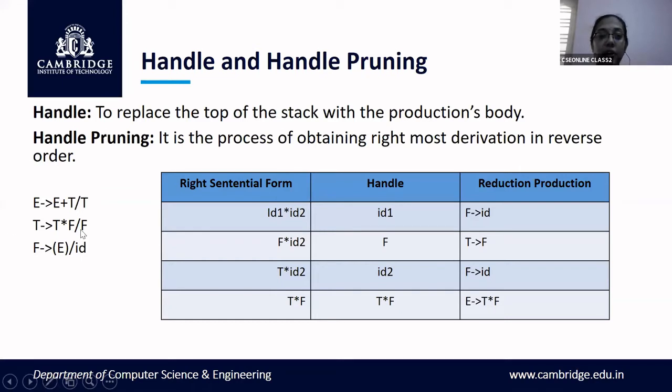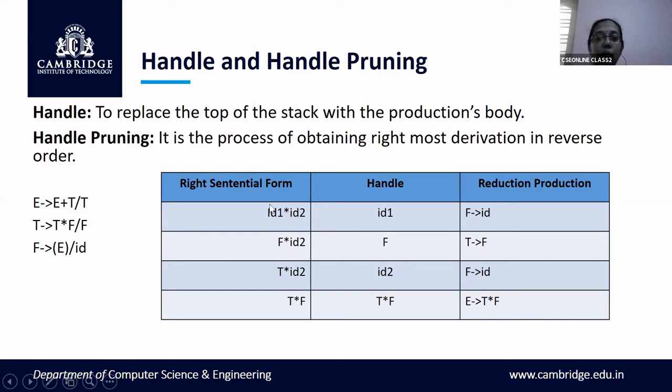Okay. So now if I take this grammar and an input string here, ID1 into ID2, okay. So which is the first terminal symbol that is present in this entire string? This is your W, ID1 into ID2 I want to parse, so which substring matches the production rule here? It is ID1. ID1 is going to become the handle because I cannot directly match ID1 into ID2 with the production rule that is given as part of the grammar.